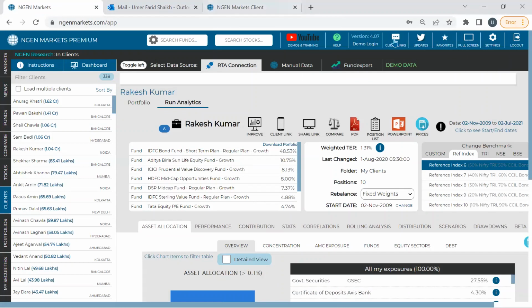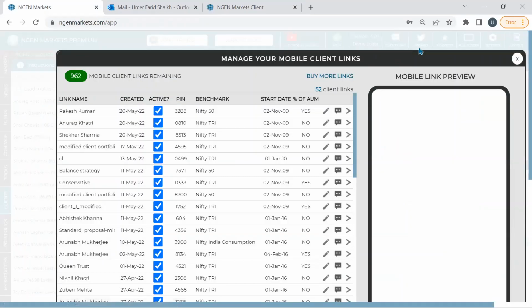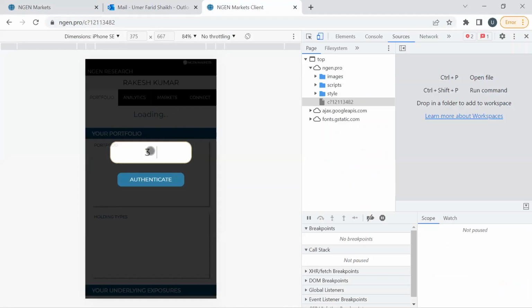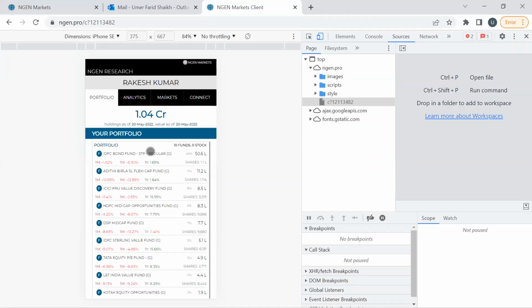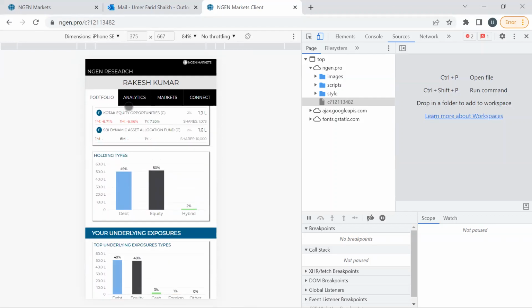So I'm just gonna test this thing, and I think my code was 0123. Let me just check if my code was the same. Yeah, so my code was 3288. I can just write in 3288 and authenticate it. So this is the particular link which I'm viewing here, and the client is actually accessing this